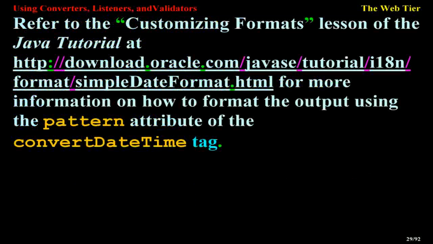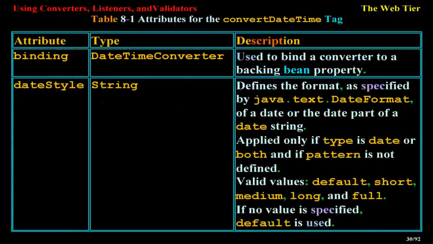Oracle.com, javabase, tutorial, i18n, format, SimpleDateFormat.html. For more information on how to format the output using the pattern attribute of the convertDateTime tag. Table 8-1: Attributes for the convertDateTime tag. Attribute binding, type datetime converter, used to bind a converter to a backing bean property. Date style, string, defines the format as specified by Java